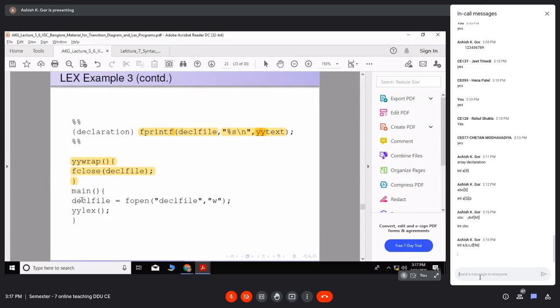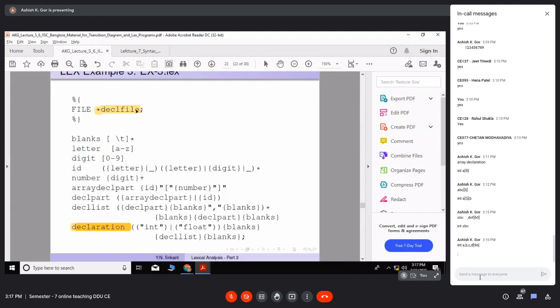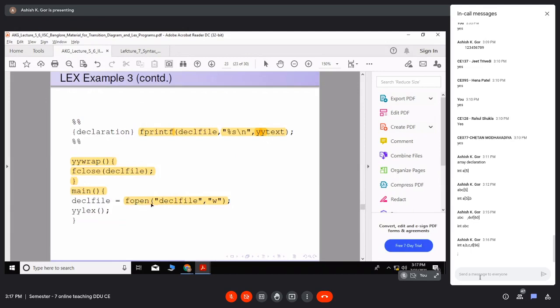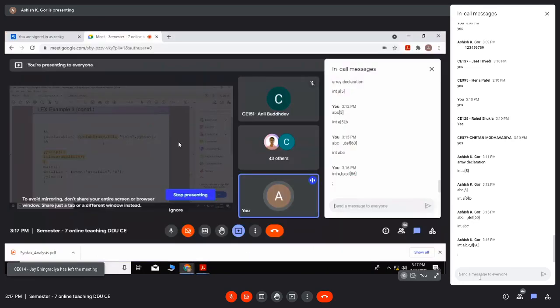Remember, in the main function you first have to open this file in write mode. This is a file pointer, decl file, that you open using fopen in write mode. Then you call YYLex. So in YY wrap we generally do something like this, closing things.